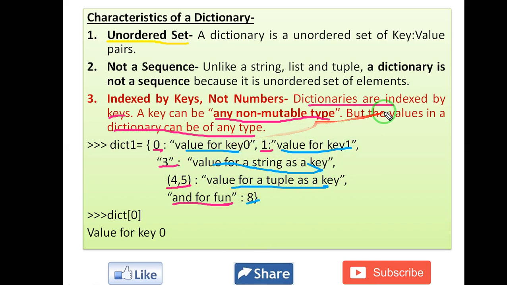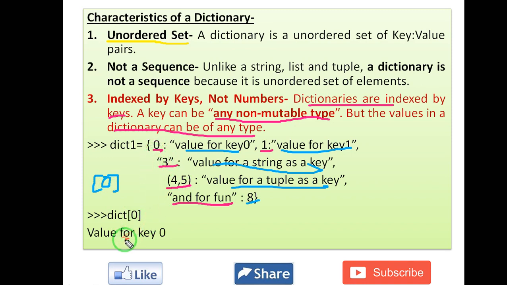So dictionaries are indexed by keys. A key can be of any non-mutable or immutable type, but the values in the dictionary can be of any type. When you give the command di with 0 inside the slice operator, the square bracket, you have written the key 0 over here.